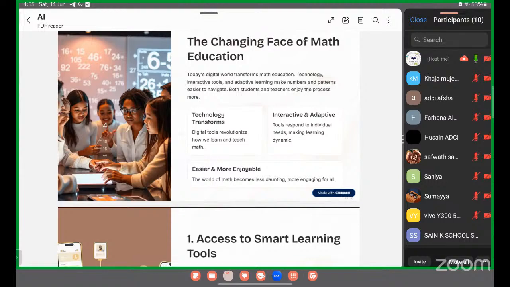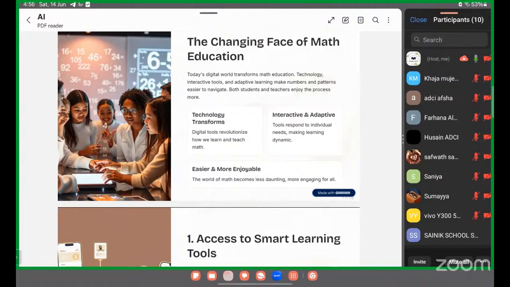Easier. Apps and websites. There are a few websites which are using smart learning tools, like I mentioned earlier, like Khan Academy and GeoGebra. These are AI-enabled websites, and another is AI tutors. The future of education: AI tutors like ChatGPT and Photomath provide instant and detailed solutions. You just click a photo of the question and send it to Photomath. It provides the solutions step by step, detailed solutions.